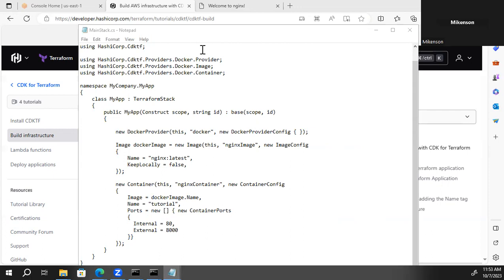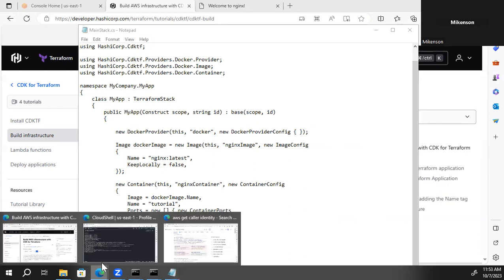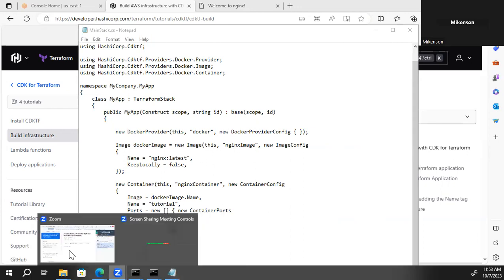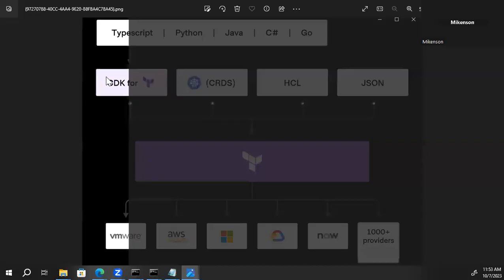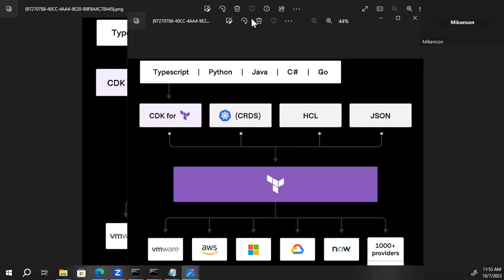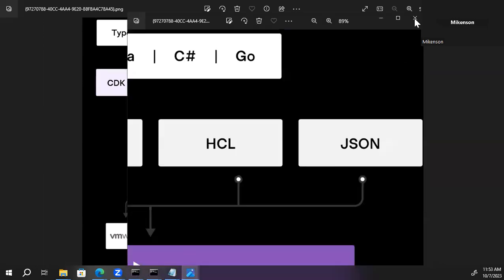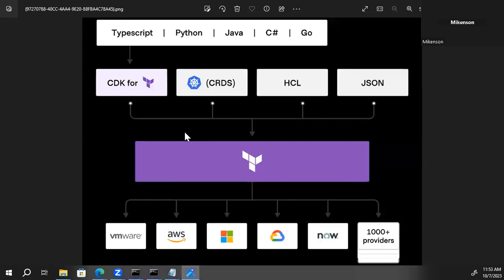So what is CDKTF? Because you say you give this command to the computer to deploy. What is that? CDKTF. So I'm showing the picture. Can you see the picture? Yes, I see the picture. Because it's technology, that stuff's always changing. Okay, so CDKTF is a command. So if I type, for example, here,